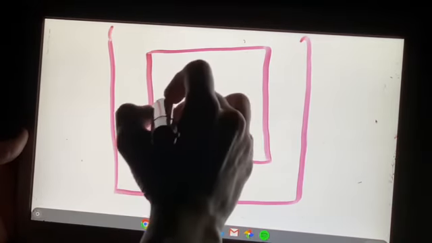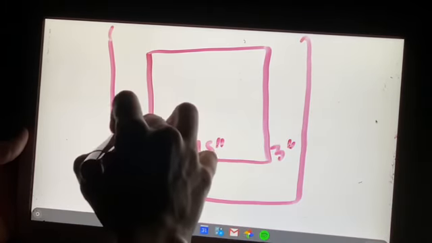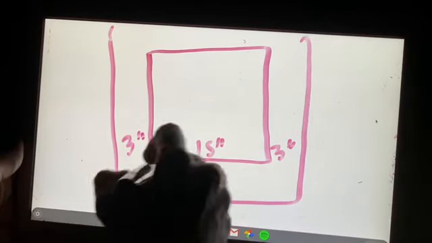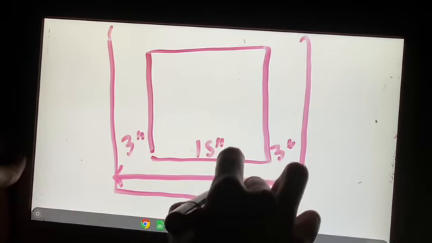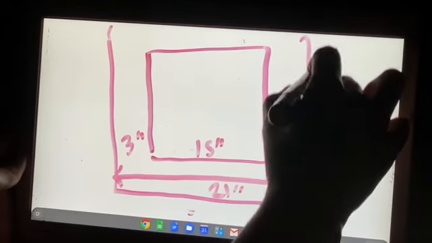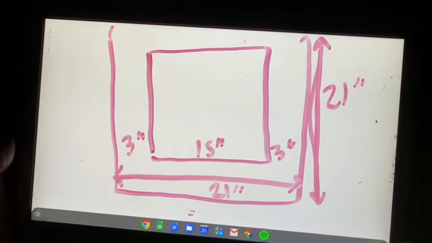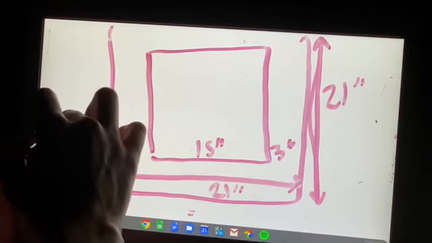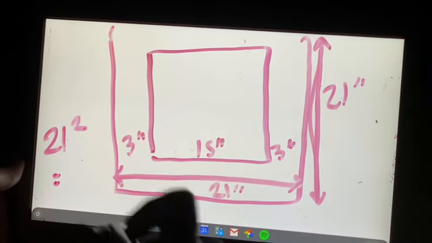All right, so all of this to say that we have 15 inches, 3 inches, and 3 inches. This is probably more clear. So the entire side is 21 inches, and it's a square. So this is also 21 inches. Okay, guys? So 21 times 21 is all we have to do here. 21 squared. All right? So 21 squared is